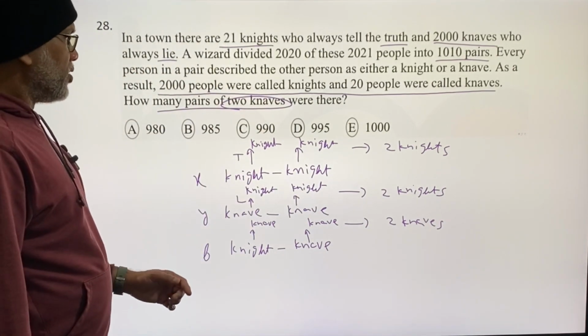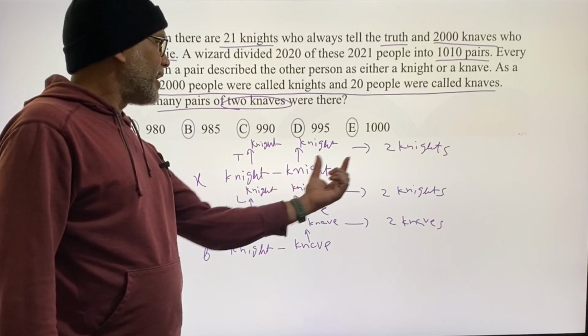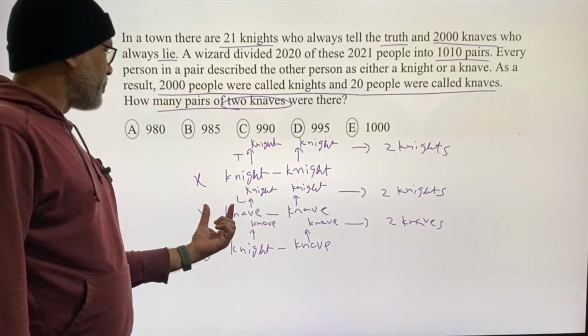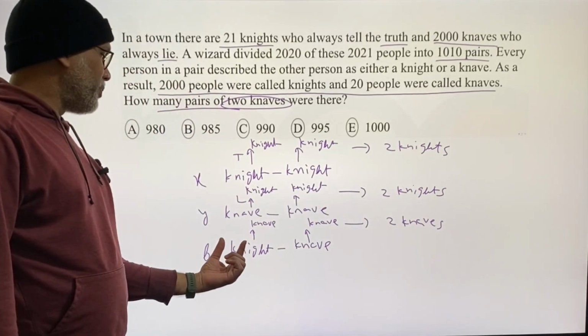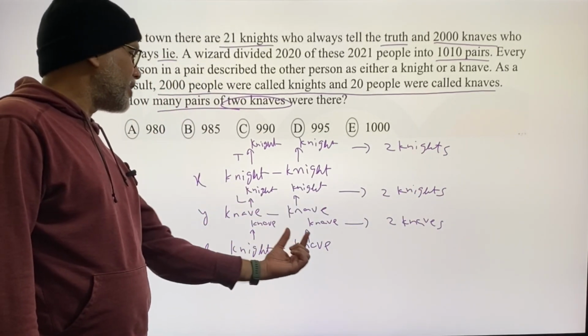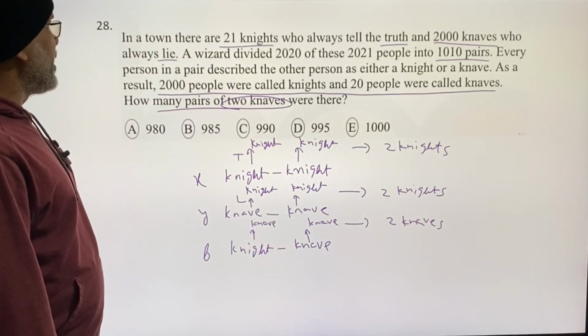Okay, so from each pair of knight and knight, I hear two knights. From each pair of knave and knave, I hear two knights. And from each pair where one is a knight and the other is a knave, I hear two knaves. All right, but we are told that